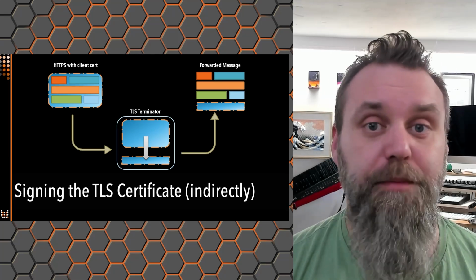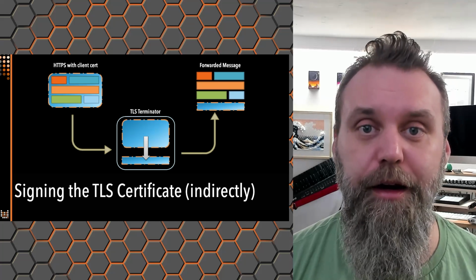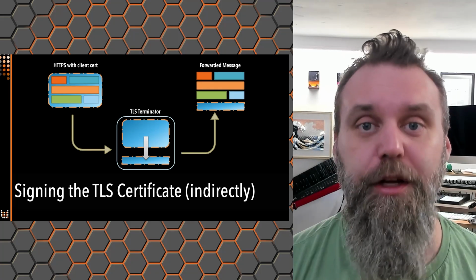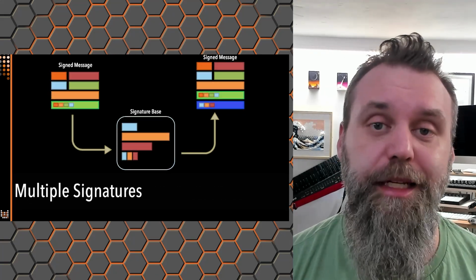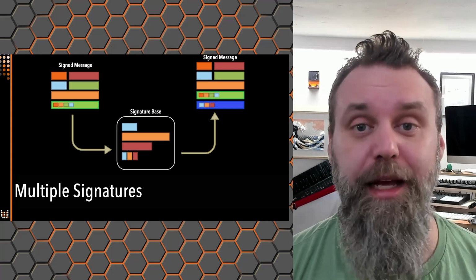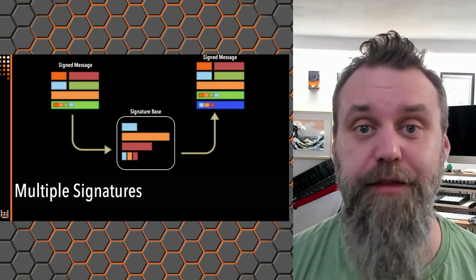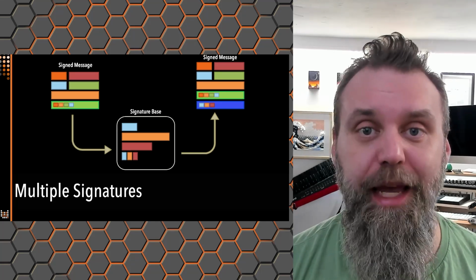Well, since I'm doing that, I might as well have the terminating proxy sign that header and declare that this really was the configuration state of this message before it was passed on. We also have the capability to have multiple signatures inside of a single message. So if I get a message at any point in my application, maybe I'm in a proxy or maybe I'm just at another stack of the application, if that message is already signed, there's no problem with me adding additional